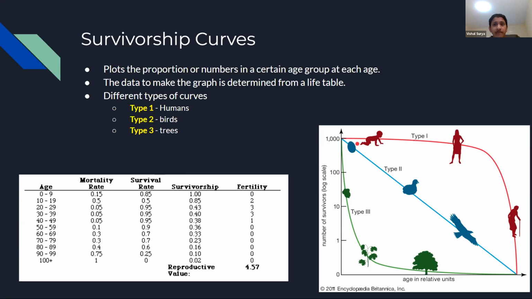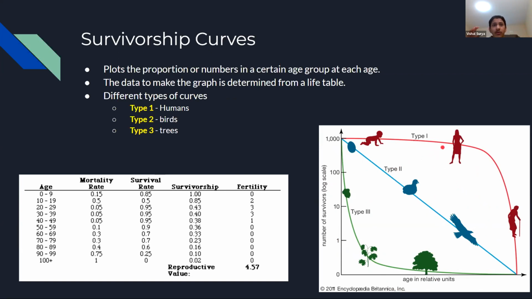A type 1 curve, as you can see right here, shows age in relative units and number of survivors. This can be described by humans. For example, whenever we're young, we survive a lot. And then over time, the human population tends to decline in the age cohort whenever we're a lot older. For example, right here, we suddenly decline, but we have a good amount of survivorship and survival rate whenever